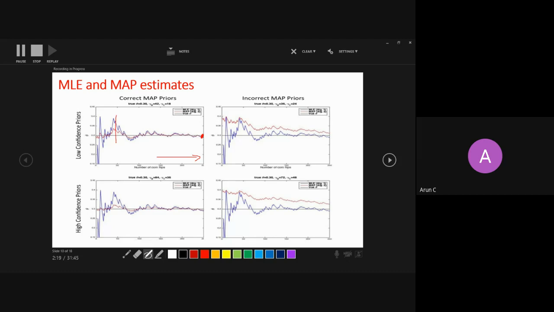But here, if you see in this range, your MAP and MLE are far apart. If you take a right degree of belief, in a very short number of experiments, your MAP will converge fast towards the true belief. But your MLE is away from the true belief, the true value of theta, right? But when you do it more times, you see that both are converging to the same value. In strong belief, so this is also 30%. Here, if you say 36 divided by 36 plus 84, it also comes to 30%.